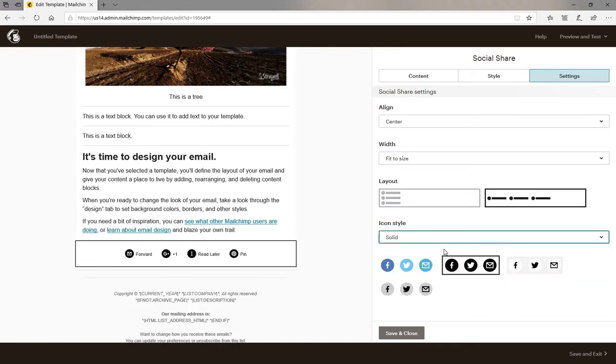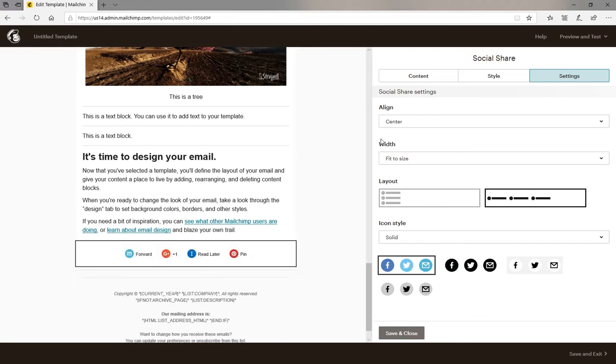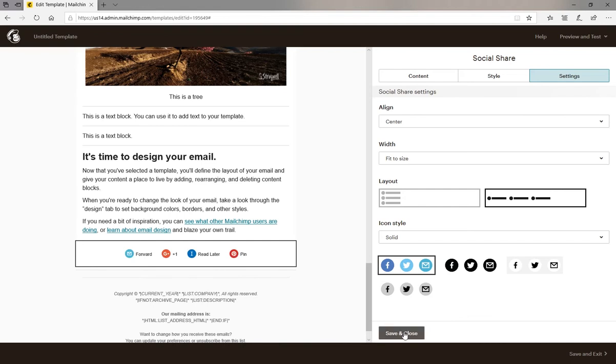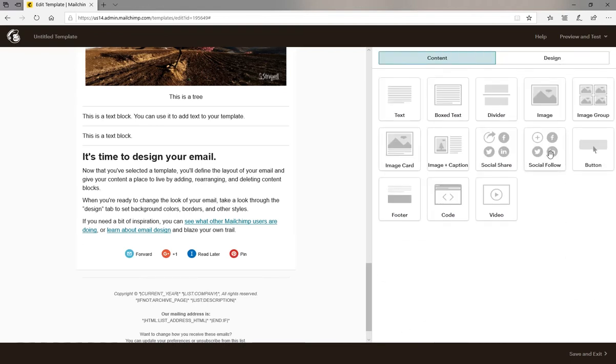You can change the icons. You can change what they look like. If you want some colour, black and white. Colour usually catches the eye a bit better, and people are more likely to recognise things like Pinterest, Google Plus, and Facebook by the colour. So let's save that. Social follow, whereas these are links to people being able to post on their own Facebook